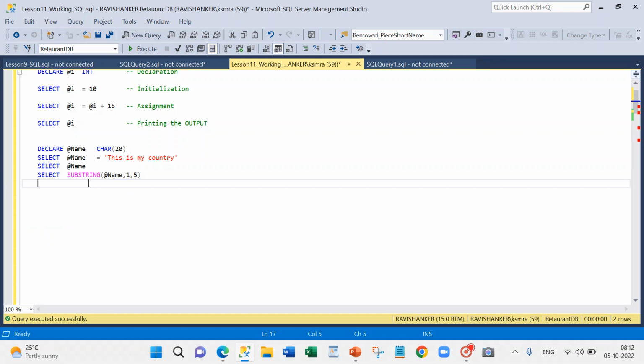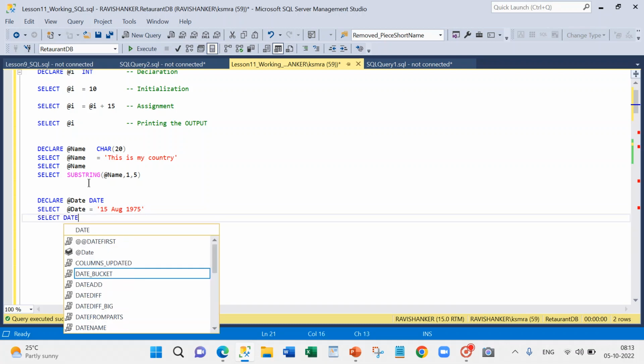Similarly, date variable also we can do all calculation. For example, if I just do declare and a date, it's a date field. Okay, so I'm assigning the value of date is equal to 15 August 1975. Okay, so I'm then printing select date diff